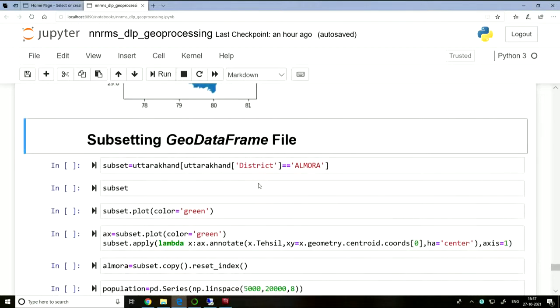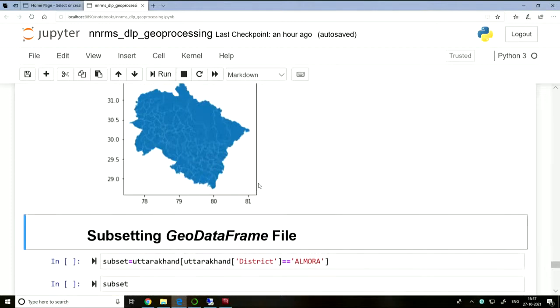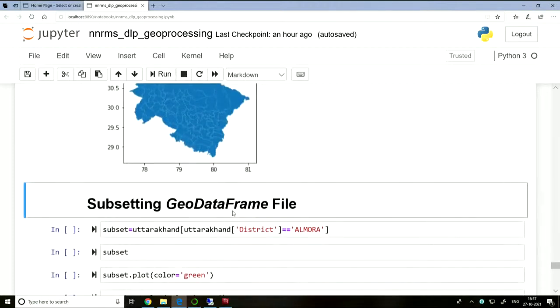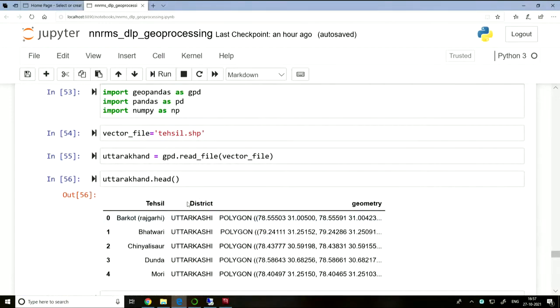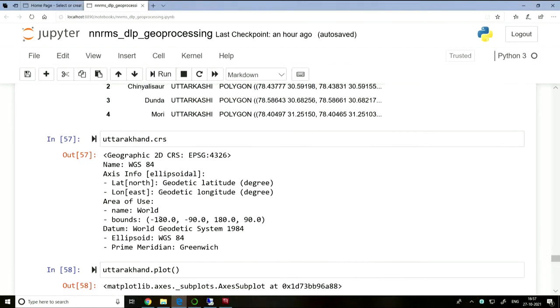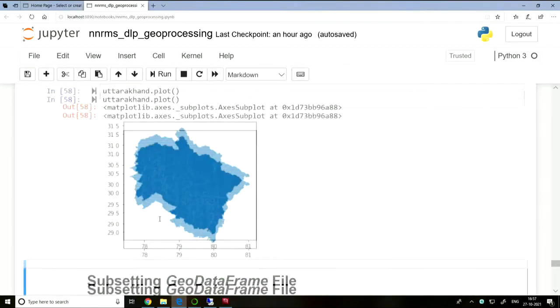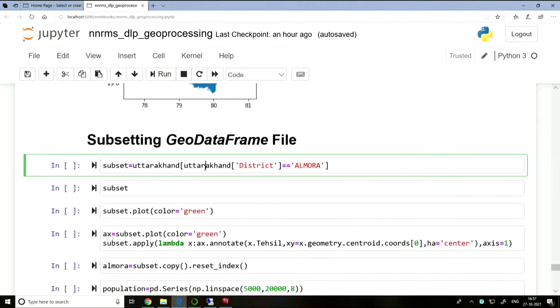Now suppose we want to subset our data frame. From this, suppose you want to extract the boundaries of only the tehsils of district Almora. You don't want the entire Uttarakhand state, so you want to filter out your geometries. Here we have a column called district, which contains the district of each tehsil. If you want to extract all the tehsils that are in Almora,